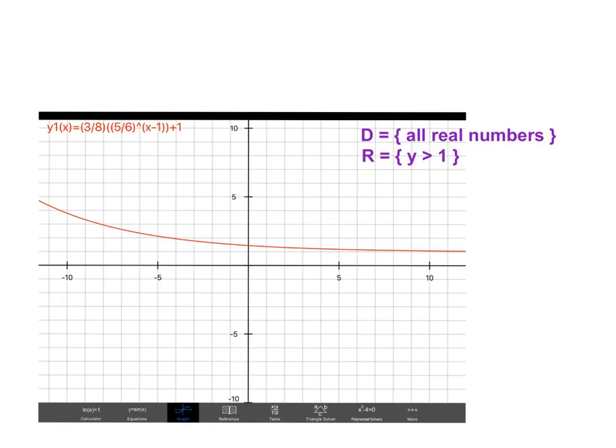Okay. So again, for your homework, feel free to take pictures of the screen, insert that as your graphs, and then state your domain and range, and you should be good to go. So it's literally